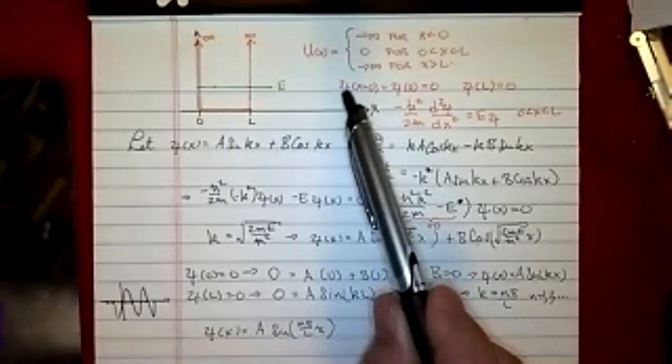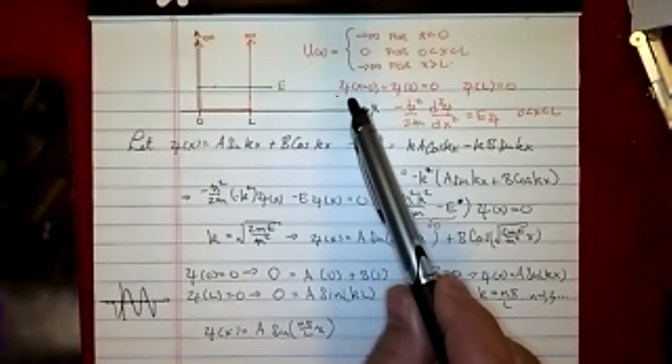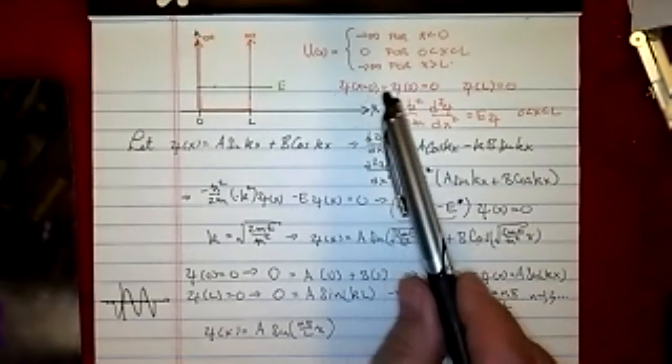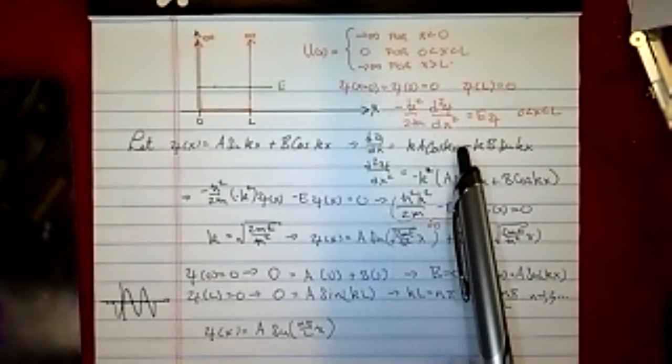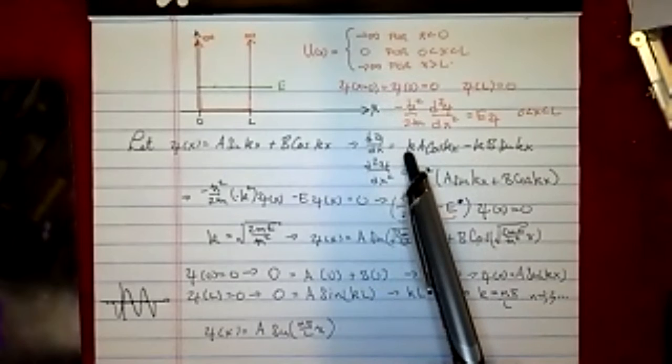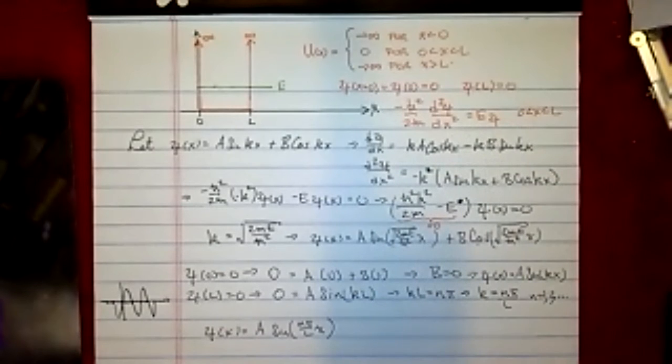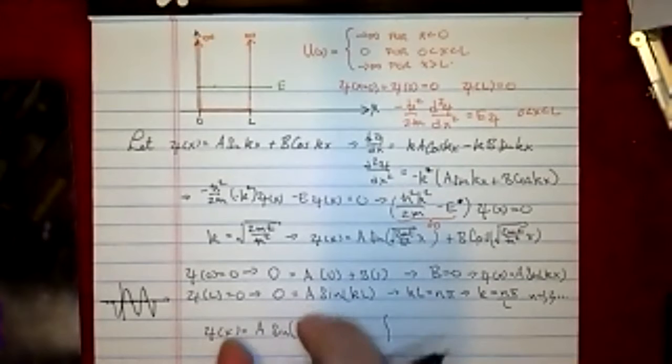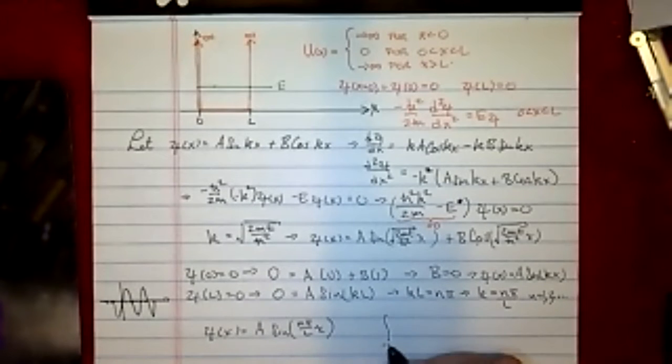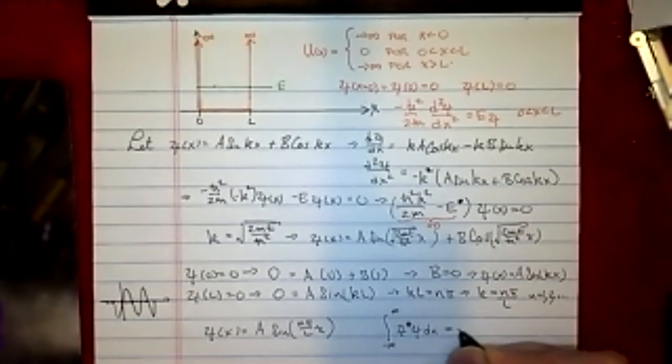The continuity condition is that the wave function must be continuous, and then the first derivative of the wave function must be continuous. We didn't have to touch any of that. We just did it with this alone. That was sufficient. But the final criteria is that the wave function must be normalized. And what we mean by that is the integral, since once you square the wave function, that square of the wave function is the probability of finding it in the interval x to x plus dx. So if I integrate this from negative infinity to positive infinity of psi star psi dx, that must equal 1,